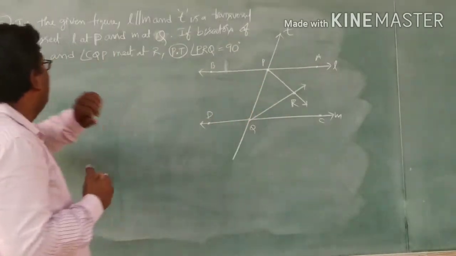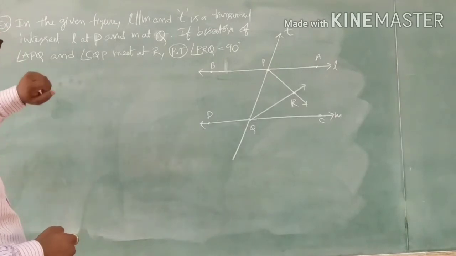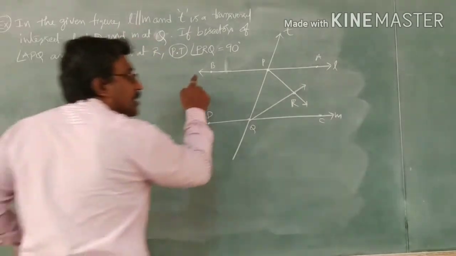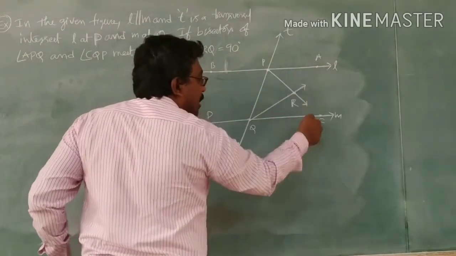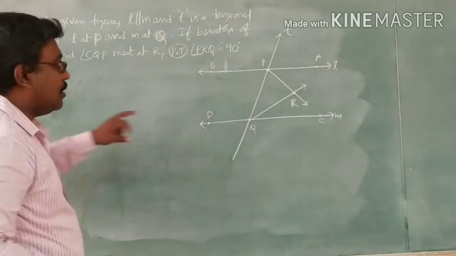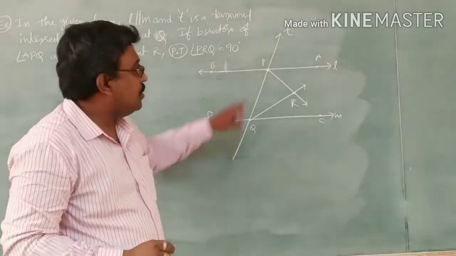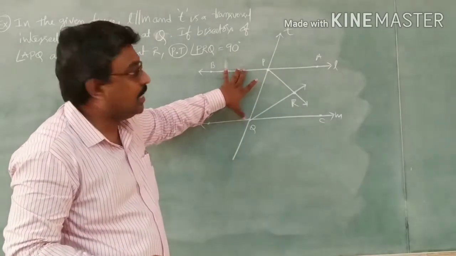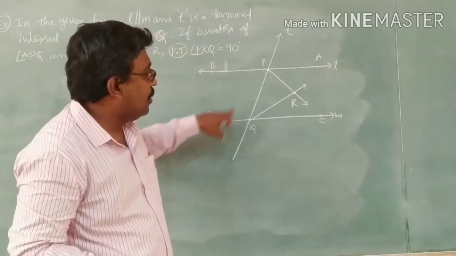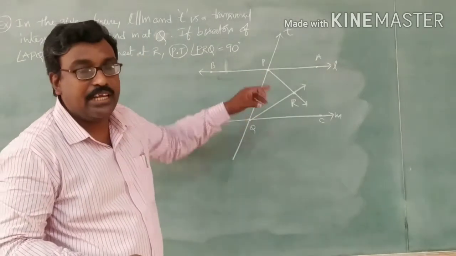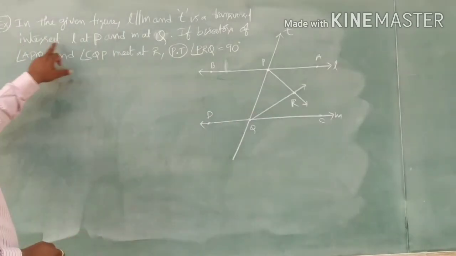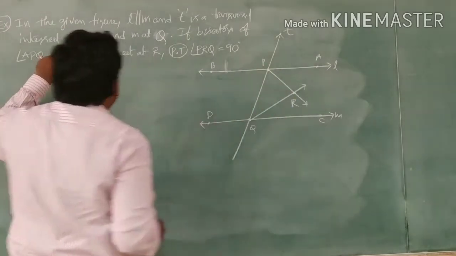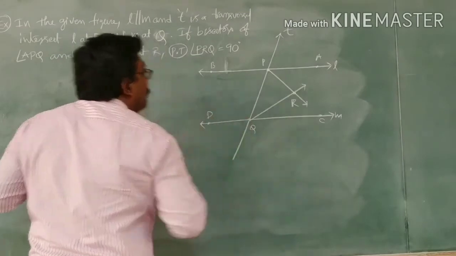Good. Now, we will discuss a formula that is in the given figure. In this given figure, L is parallel to M. This is the line L and M. Both lines are parallel, and T is a transversal. A transversal is a line where distinct lines intersect at distinct points. Two lines are there, it is intersecting at two different points. So T is a transversal. The transversal intersects L at P and M at Q.